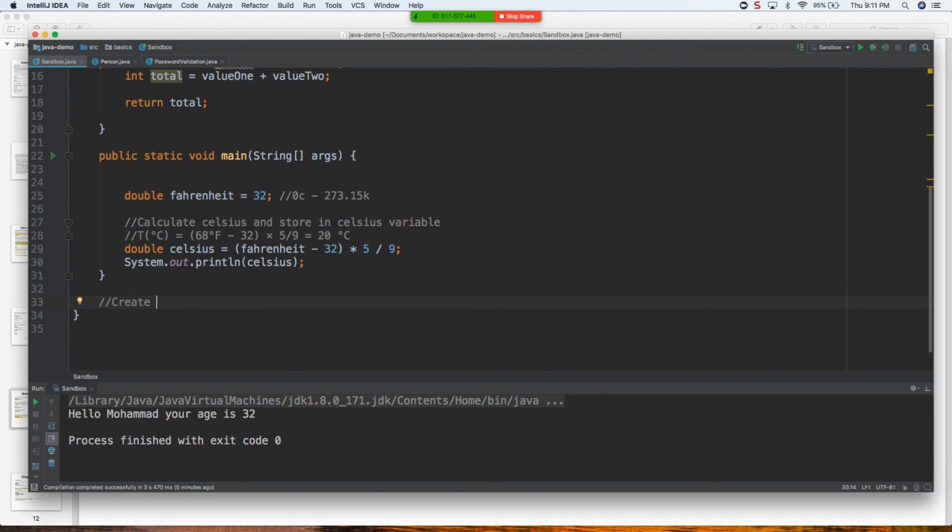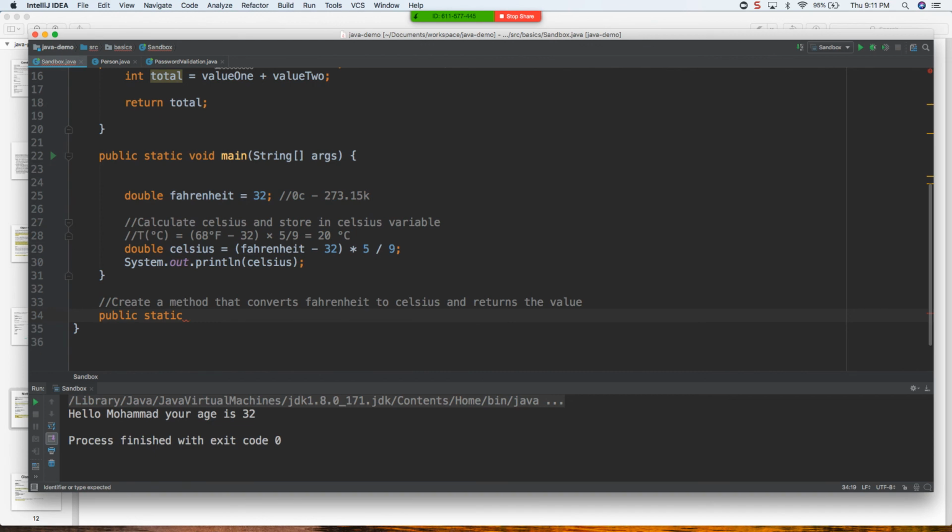So we'll create a method that converts Fahrenheit to Celsius. So you want to do something like this: public